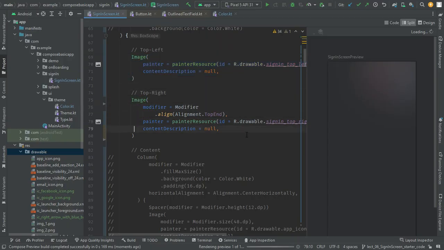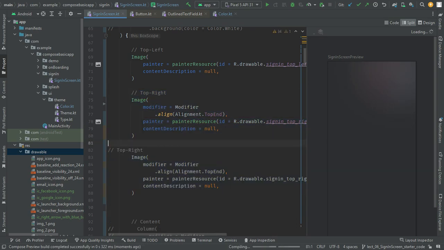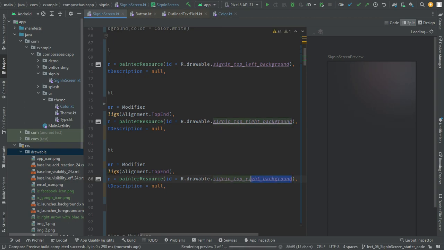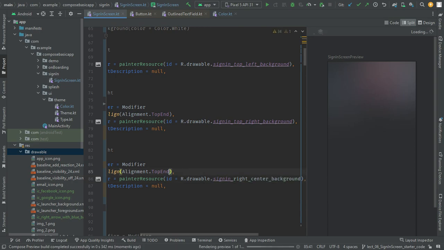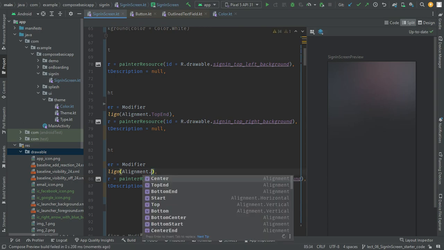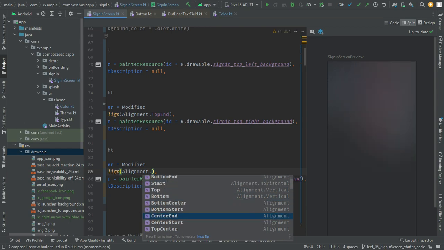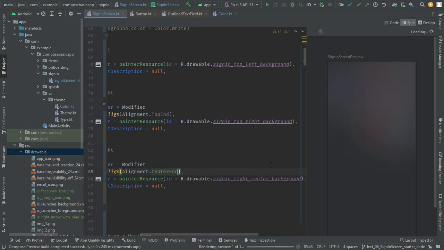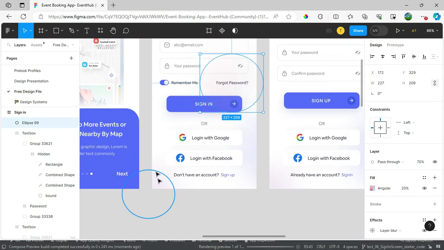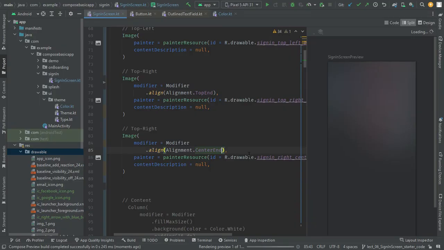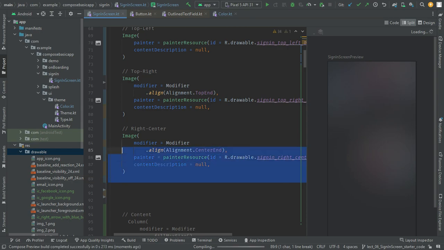I will copy it and change the image to right center and alignment to center end. And the next is the bottom left and bottom right. This is the right center, and the next is